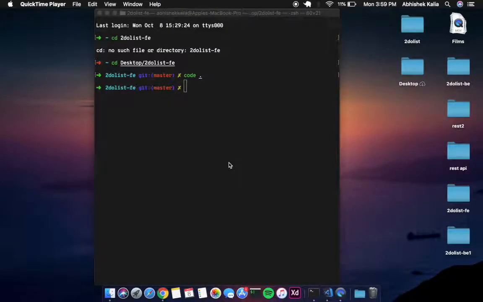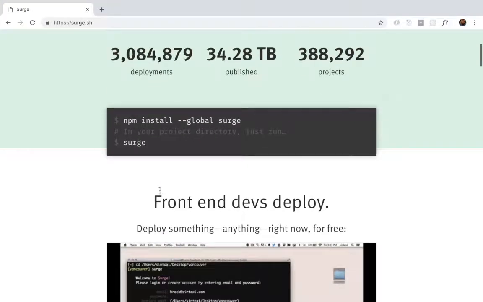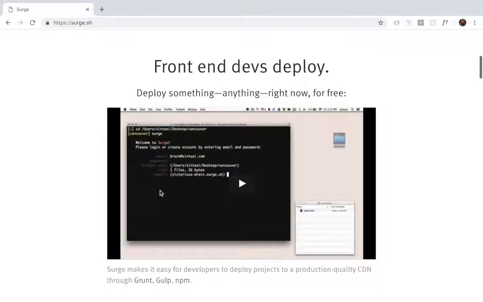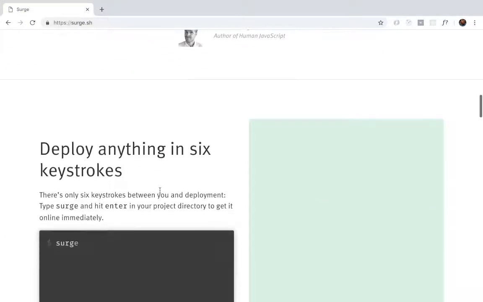Welcome back. This is the last video lesson in this course, and it is meant to deploy your front-end application, which you have built using React, to the internet. To deploy our front-end application, we won't need a complicated tool such as Heroku. We will require a much simpler tool, which is Surge, and you can use Surge to deploy any kind of static HTML content. And since our front-end application is written only in JavaScript, we don't really need a backend server